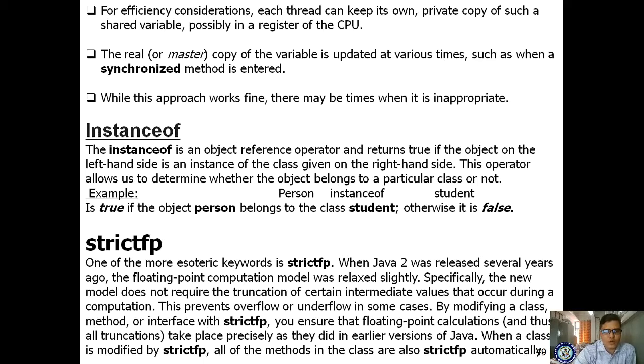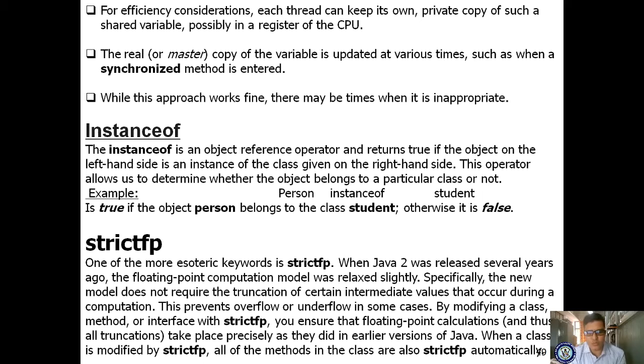Especially, the new model does not require the truncation of certain intermediate values that occur during a computation. If you want to specify the precision, then you have to use strictfp.